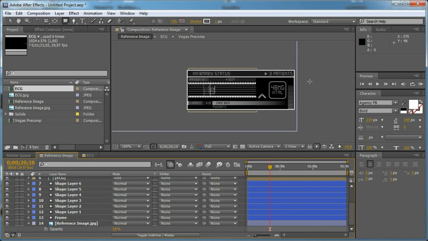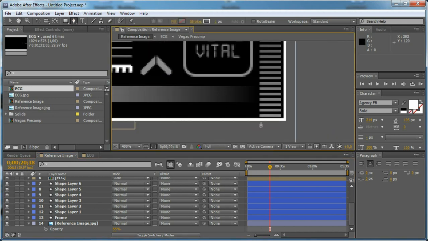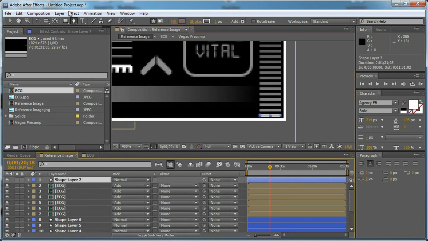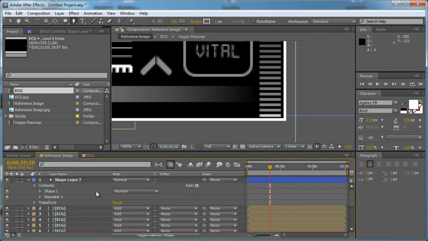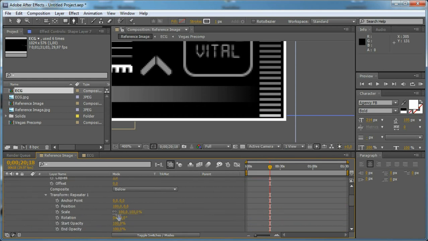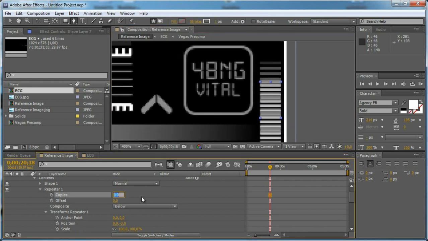Let's turn on our reference image and take the pen tool, and let's create another shape here. Open the layer properties and add the repeater modifier, and open the transform repeater, set this to -2 or 3 maybe, and increase the number of copies to 25,